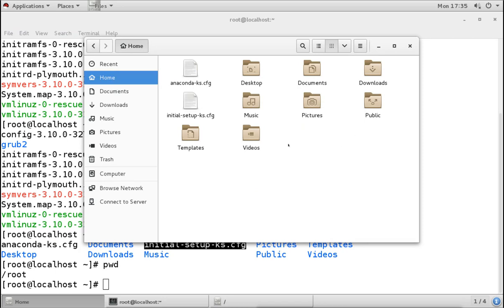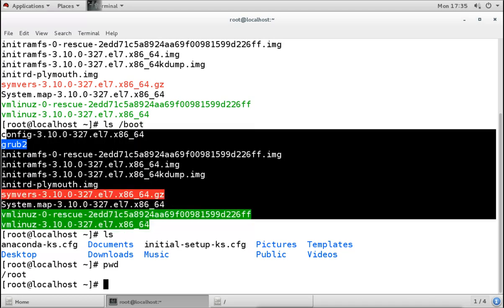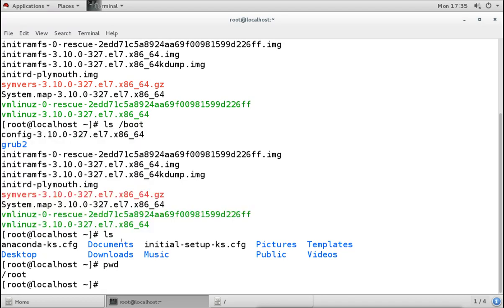When you go inside, you can see you have these directories, and these are the two files we have. So when you use the ls command with a directory name, it will list that particular directory, and if you don't mention any directory name, if you give only ls, then it will list the present working directory. It will not list any other directory.